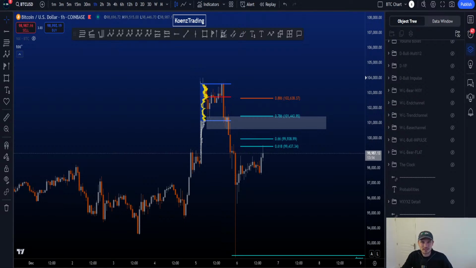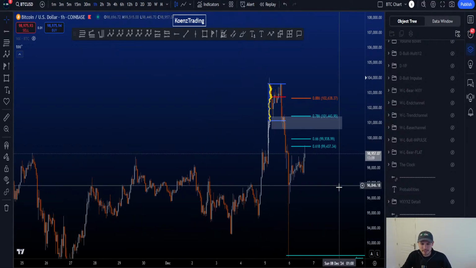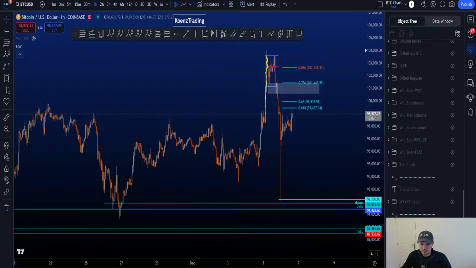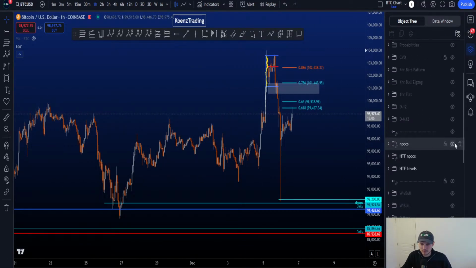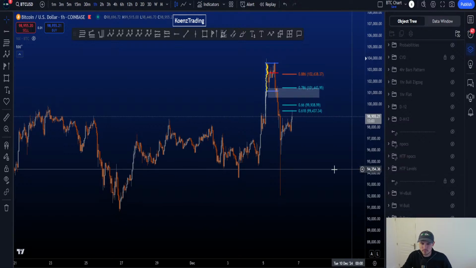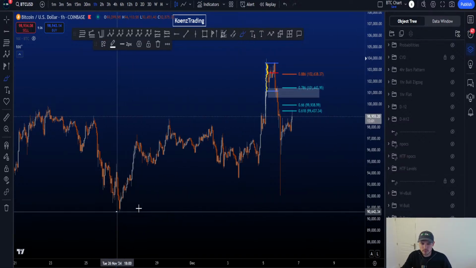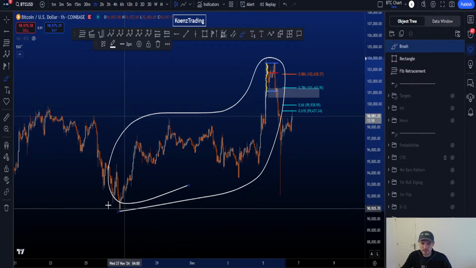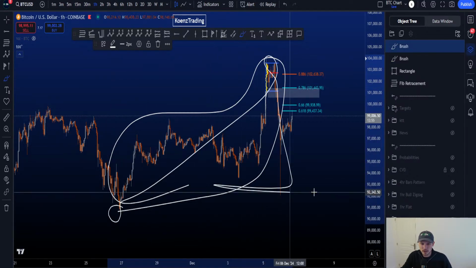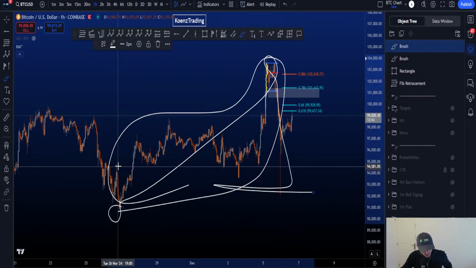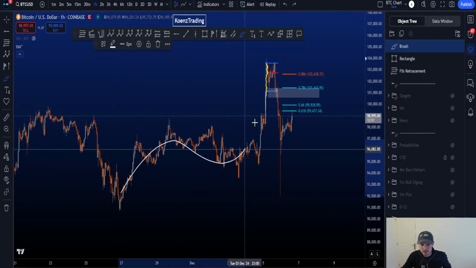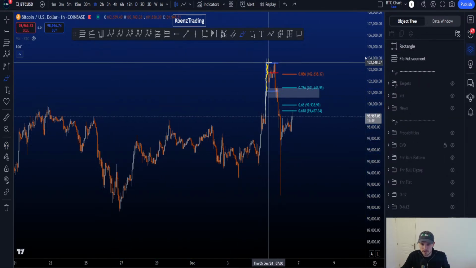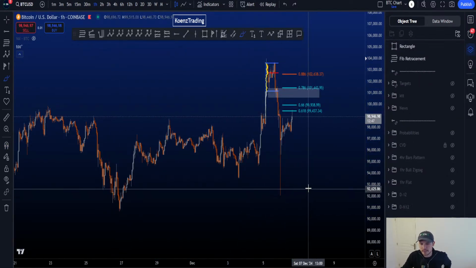We touched the 886 in the bottom. This one is not relevant. The only 886s that are relevant are 886s where you want to look for a wave 1. So if you think this counted as a potential wave 1, then the 886 is important from the low to the high. But we never counted this whole structure as a wave 1 with a potential 2. So therefore the 886 is irrelevant.